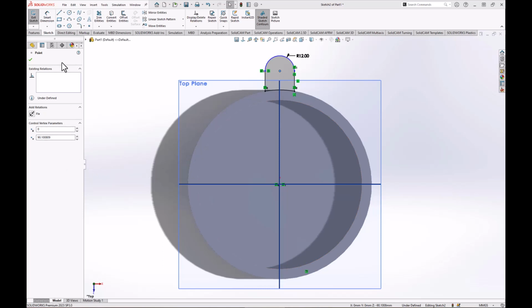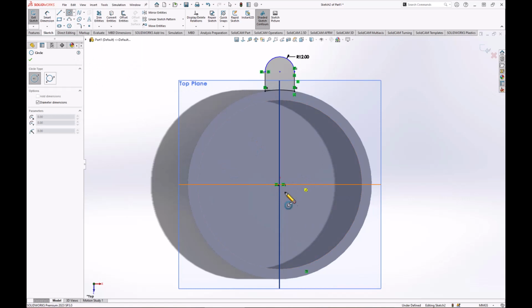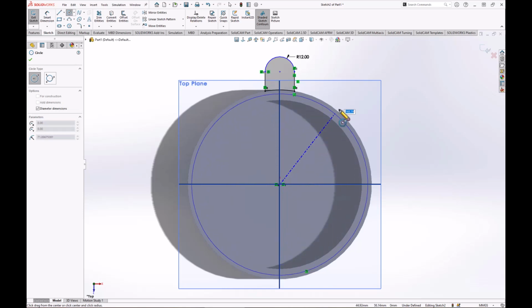So we're going to create some construction geometry in order to hold the center point of our arc in a particular position. The way that I'm going to do that is to use the circular sketch tool, sketching from the center point, the origin. I inadvertently double clicked there, so here we go. I'm going to create a circle and let that circle lock itself onto the center point of my arc. So I'm going to click,